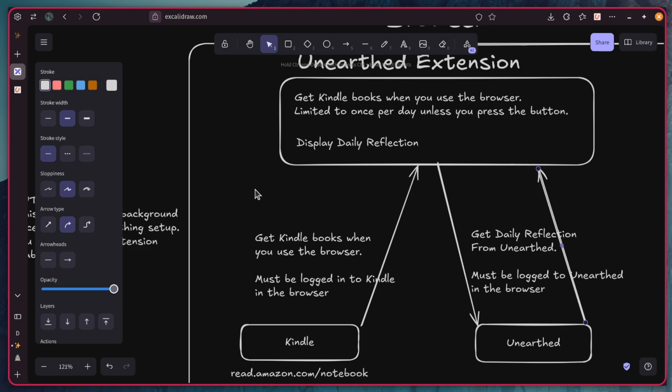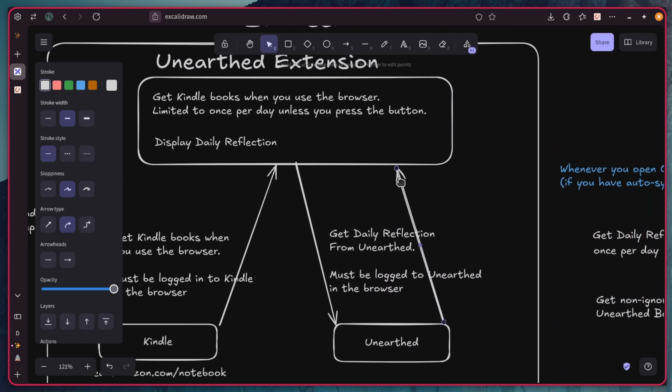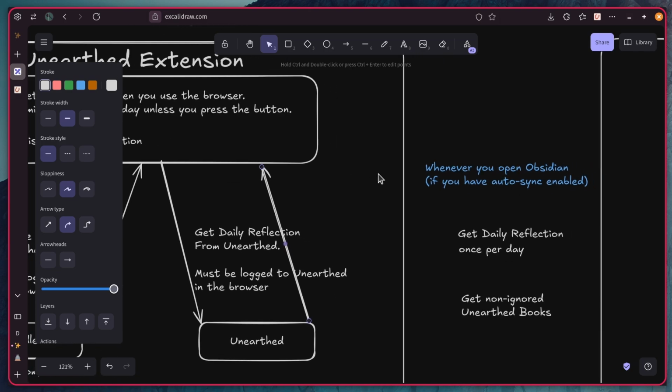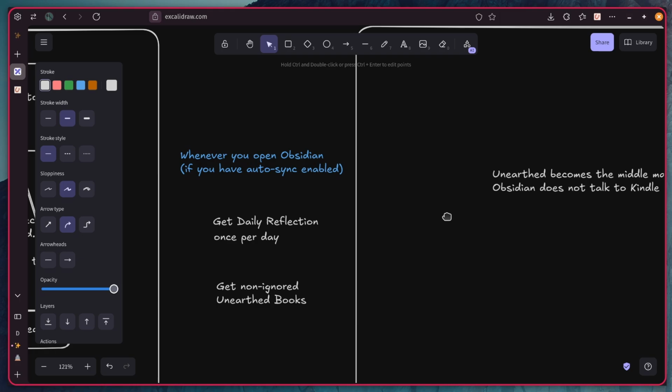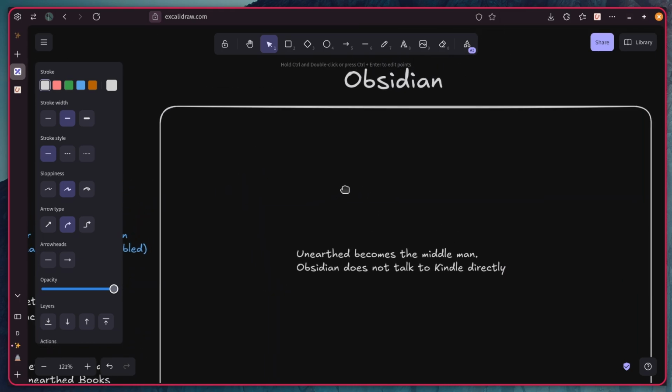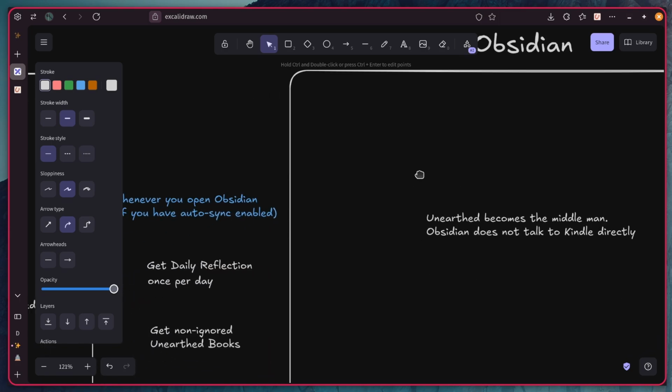And what happens is it's automatic. So once it's all set up, you don't have to click the extension button. As long as you're using the browser, it'll keep syncing your Kindle books. Then once you have everything in Unearthed, you install the Unearthed plugin for Obsidian, and then it